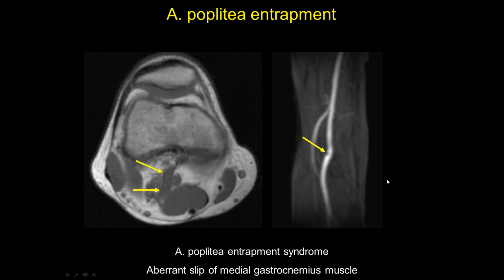And I like this case because the popliteal fossa, or the posterior aspect of the knee, is something that we always tend to forget. So I try to teach my residents, when they have a look at the knee, you know, all the typical structures, just make sure to go and have a look at the posterior aspect of the knee, to make sure that you don't miss any subtle findings like this arterial popliteal entrapment